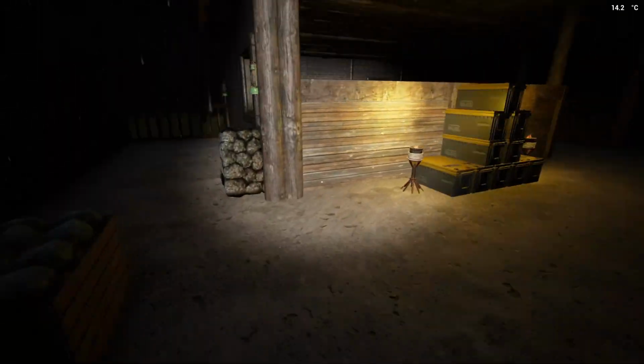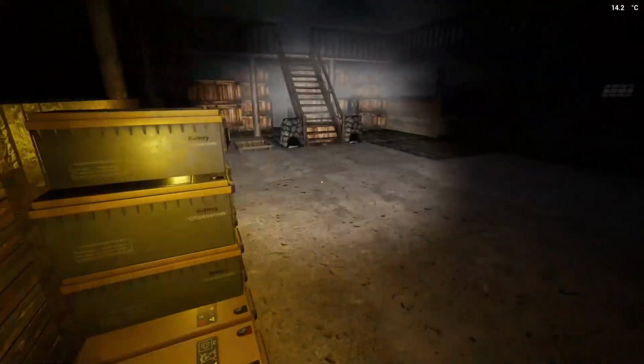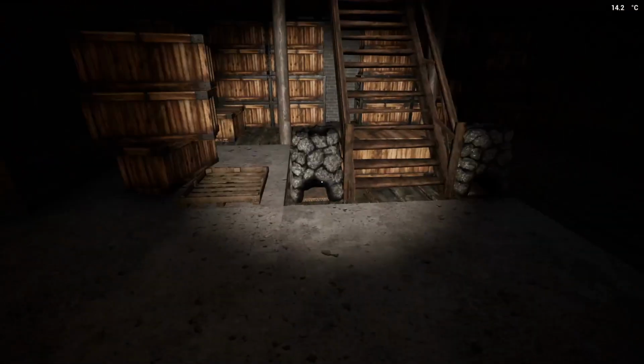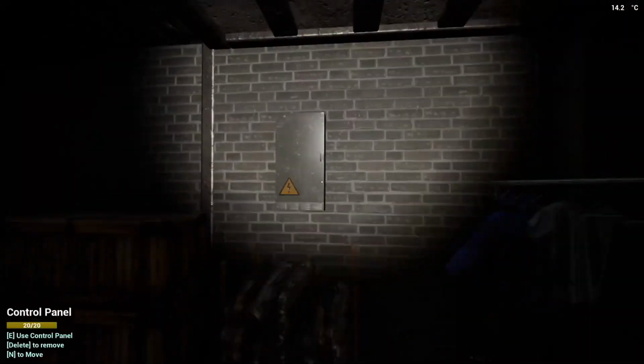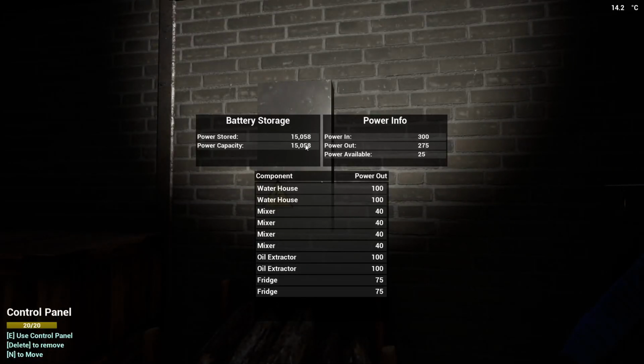Well, guys, since the last episode, there's been some major changes, if you might not have noticed. We have some concrete done, we have some of the brick walls done, we have 10 more batteries, we have stuff everywhere, we have some smelting done, we have a huge amount of power now, we have 15,000 stored up,